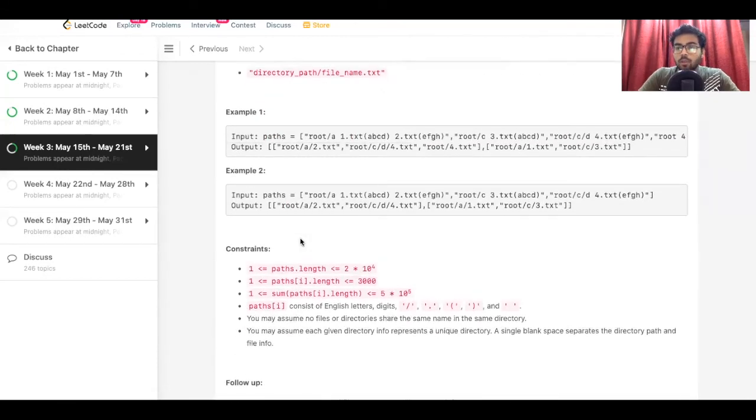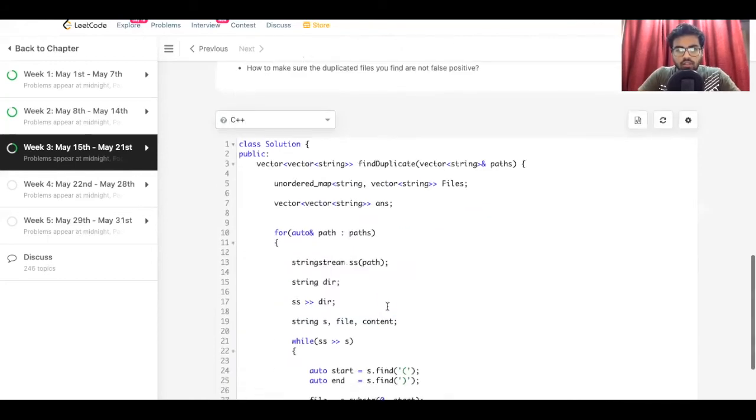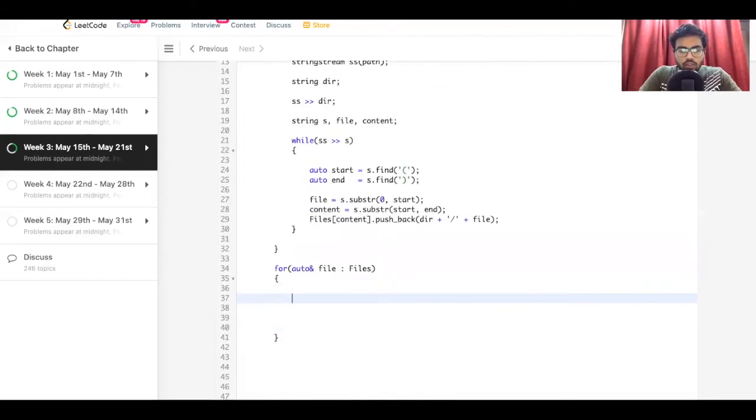And now we'll be checking, let me just run through the files in the files map. So first we check if file.second, which is the vector, dot size, if the vector size is greater than 1, then we simply push the content of the vector into the final answer that we need.